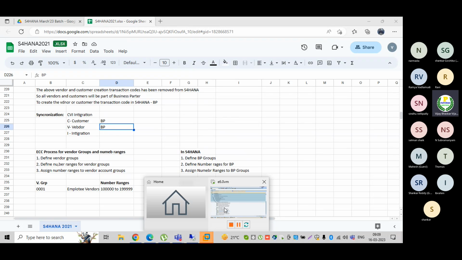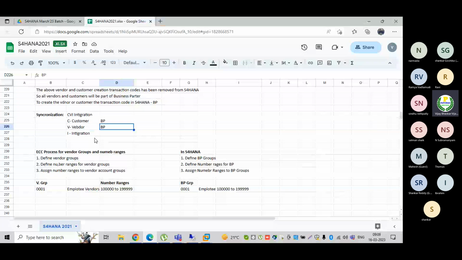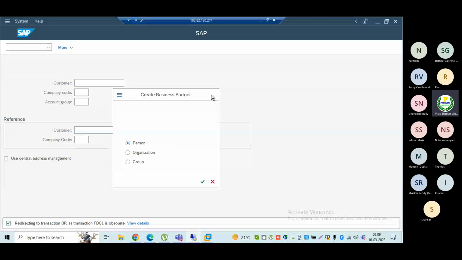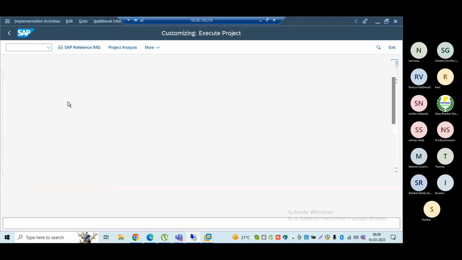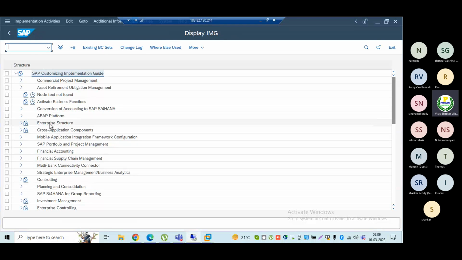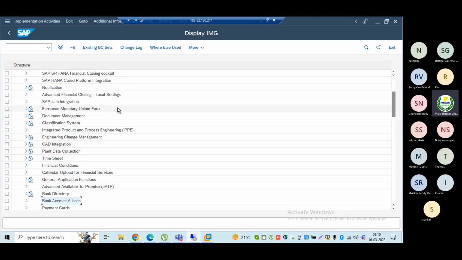Now let me go to the S4 HANA system. First let me show you the synchronization concept, then I will go for the configuration. /n SPRO, Enterprise, Cross-Application Components, Business Partner, Document Management, Integration, Product, General Application.